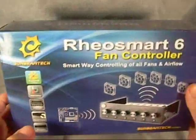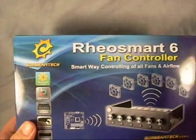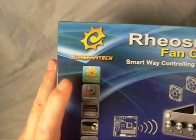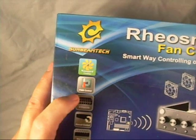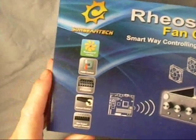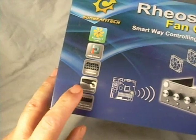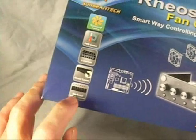Okay, let's have a closer look at the box. This is a pretty exciting new product out by SUNBEAMTECH, and one of the excellent features of it is their SmartWay controller of fans and airflows. You see some of the features here is their smart controls, PWM controls, which is your pulse width modulation controller. It has 6 separate channels. It does have a manual control as well as your PWM control, and max output of 30 watts per channel,